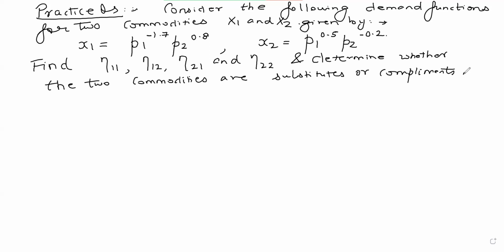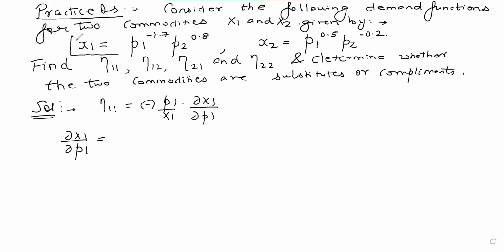Okay, so let's quickly solve for this particular problem. First of all, let's find eta 11. Eta 11 will be p1 by x1 times del x1 by del p1, with a negative sign because of the law of demand: all price elasticities are negative. So if I find del x1 by del p1,